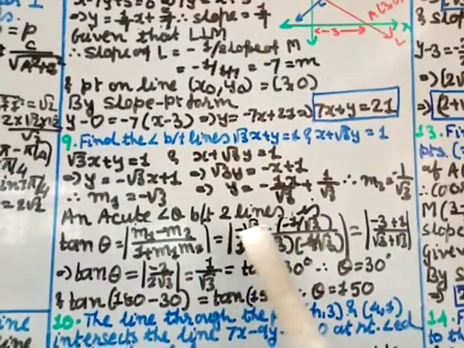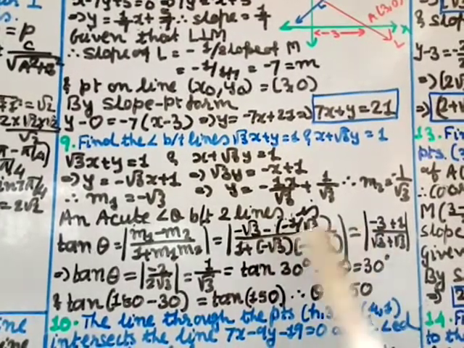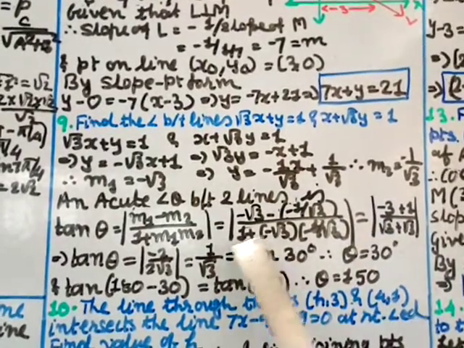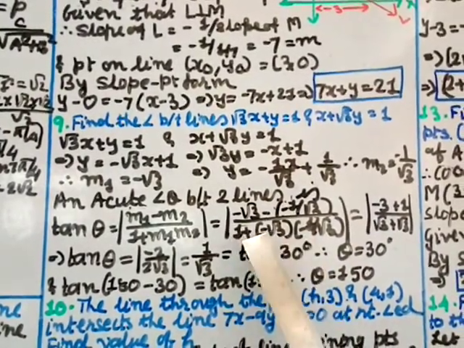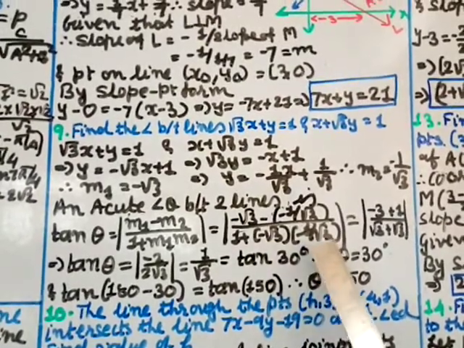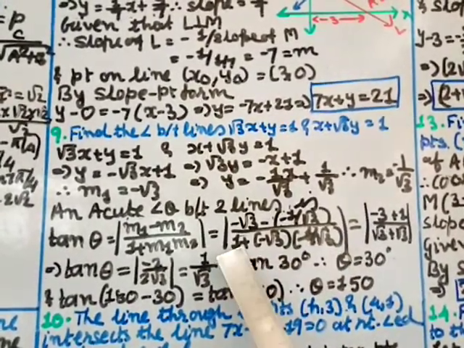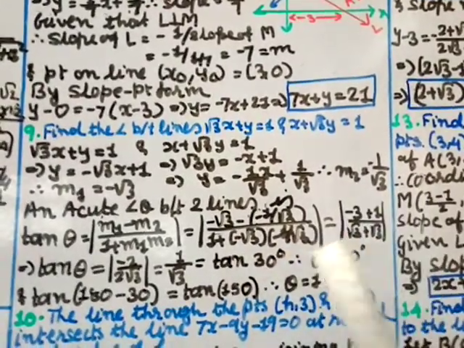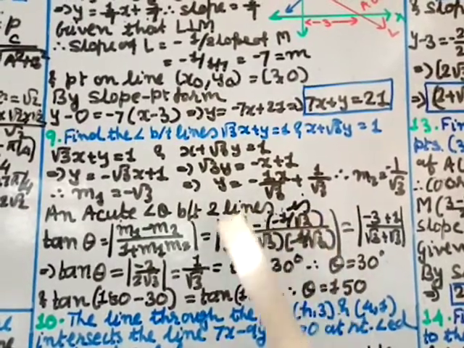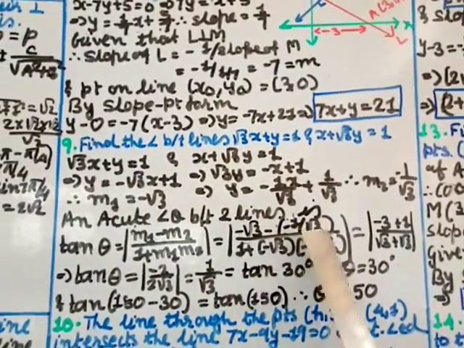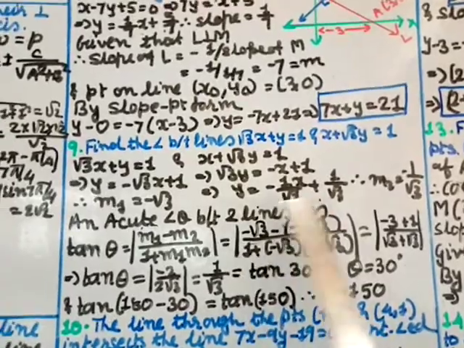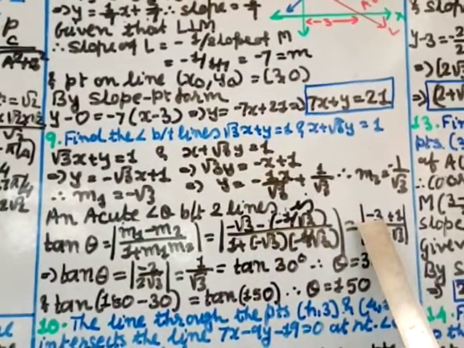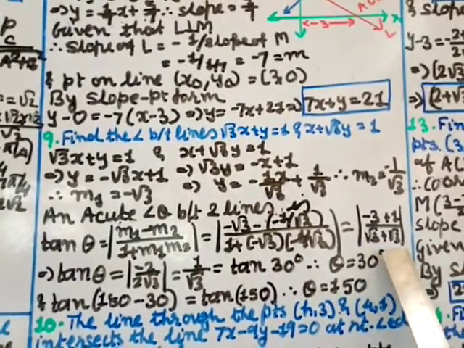Take LCM here. Root 3 into root 3 is 3, so minus 3, and minus and minus gives plus 1, divided by 1 plus minus root 3 into minus 1 by root 3, so minus and minus gives plus. Now here don't cancel this root 3 yet; the denominator is root 3, so you take the LCM and multiply. So root 3 into 1 is root 3, and here plus root 3. The denominator root 3 of the numerator will cancel with the root 3 denominator of the denominator, because both are taking the LCM. So you get minus 3 plus 1 divided by root 3 plus root 3.